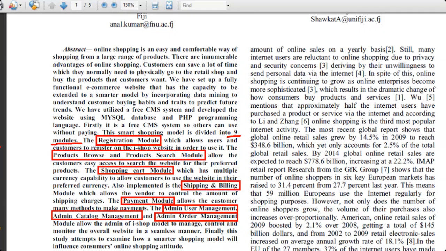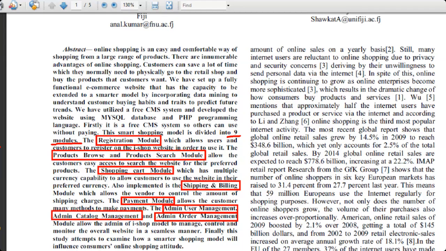Second step, a developer needs to identify in these modules which module needs data. Remember, every module doesn't need data. We need data only for a few modules. Identify the modules that need data and make a list of those modules.